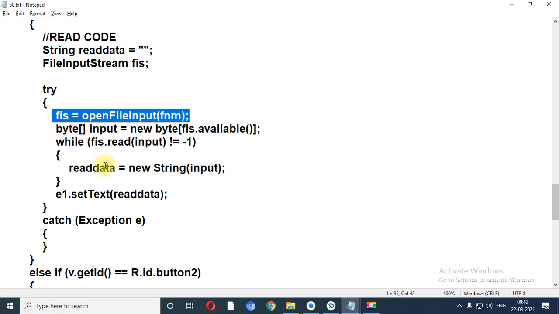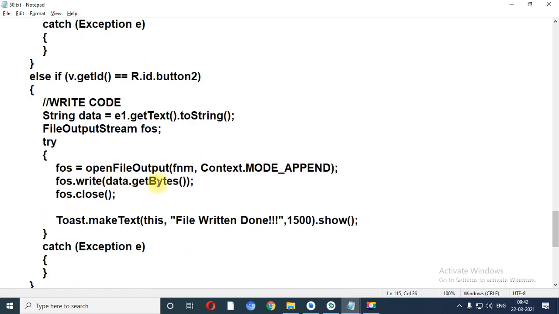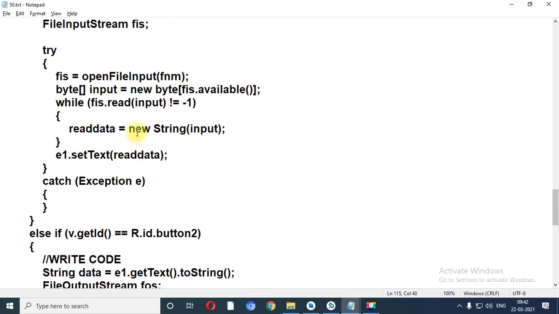Now see, our data is in the form of byte only, so we are going to fetch our content using byte only. So byte is a class. I have created one input variable which contains array, right? New byte. FIS.available will return either true or false.